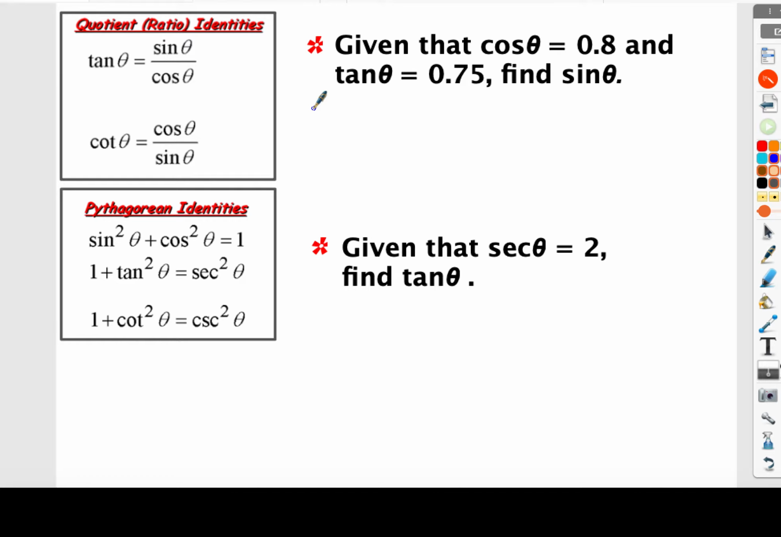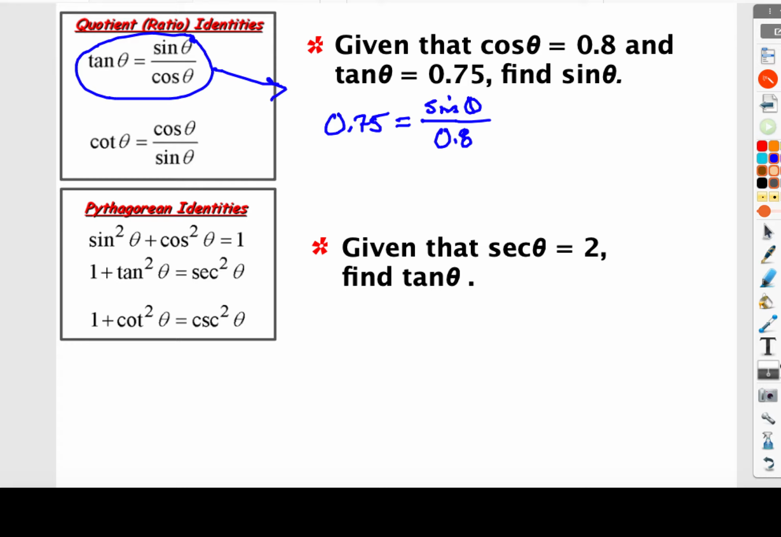So take advantage of this one here: the tangent of theta is 0.75. The sine of theta is what we're looking for. Again, we're not looking for theta, but we're looking for the sine of theta. And the cosine of theta in the denominator would be 0.8. Well, if we're dividing by 0.8, let's go ahead and multiply it over to the other side, leaving us with the sine of theta. And very simply then, the sine of theta will be equal to